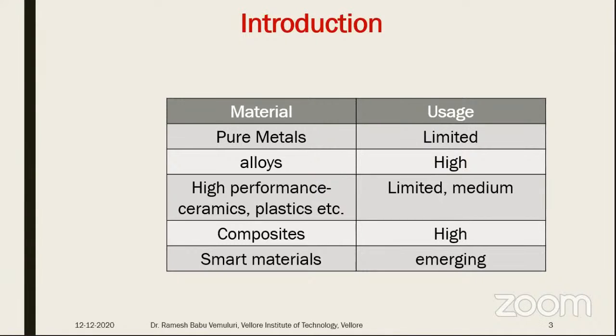So smart materials are the now emerging area. Smart material doesn't mean that only a smart material is used independently. No, it is combined with composite structures, and then it becomes a smart structure. So now our major topic is what the smart materials are, which are used from the mechanical and engineering perspective, then what the structures are, and how their vibration characteristics can be understood. That's the major agenda for this session.